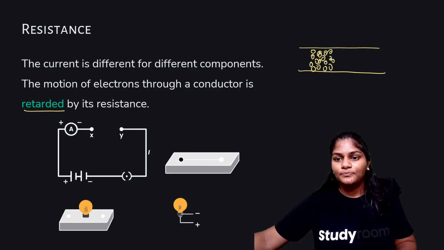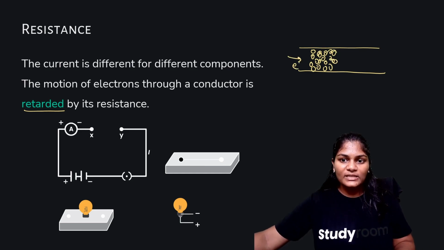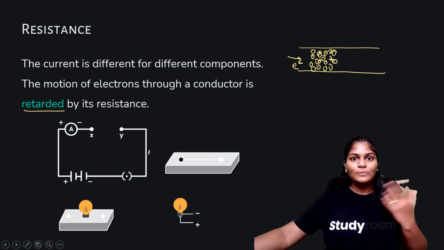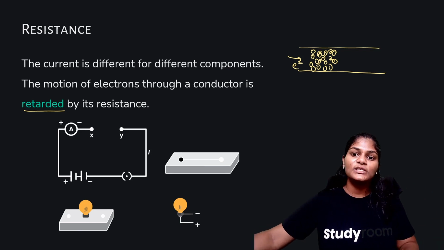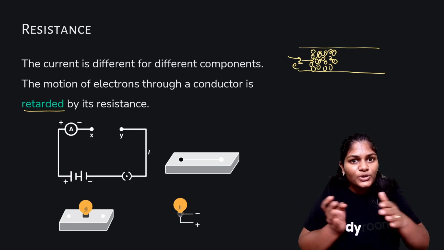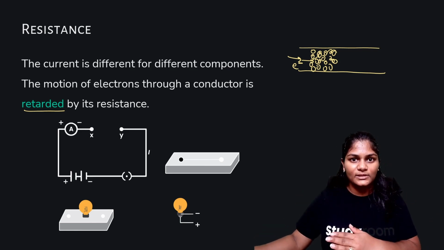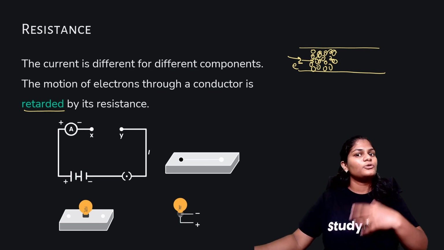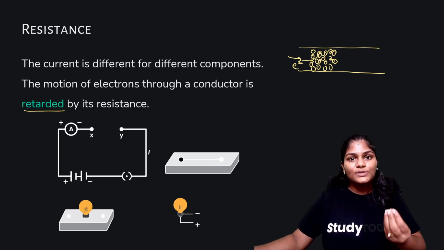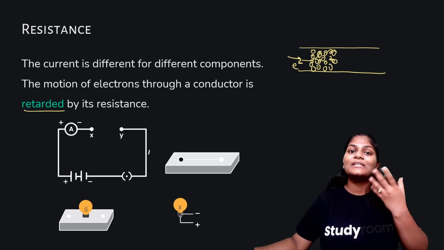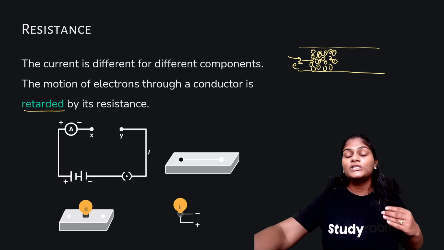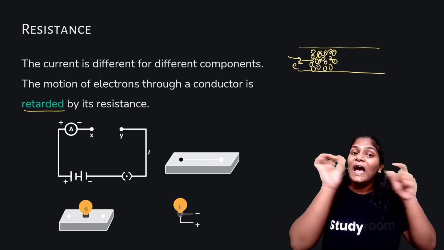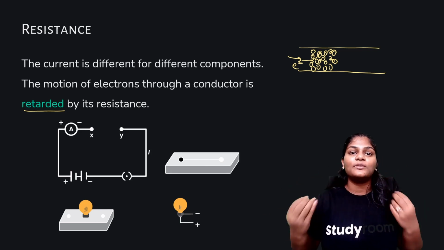So any electron, E minus, this is how we represent an electron. The movement of electrons is what causes the current, right? It goes in the opposite direction to the flow of electrons. So if an electron has to move through here, it's going to have to squeeze in and it's going to have a lot of difficulty passing through. That is why we say that a wire or a conductor offers some amount of resistance to the flow of electrons, or to the flow of electricity, because of this force of attraction between the atoms of the conductor or of the wire that we have taken.